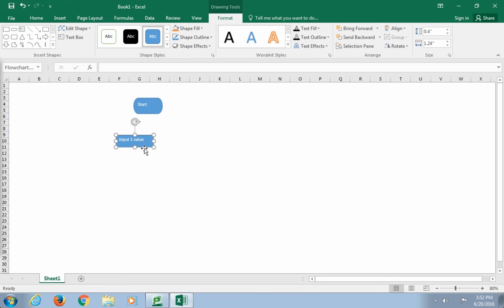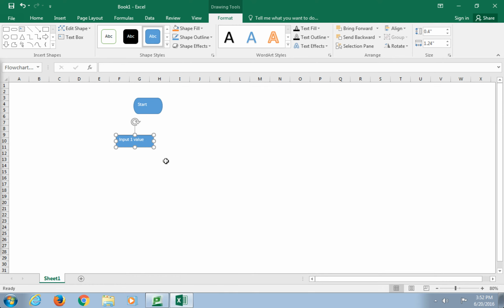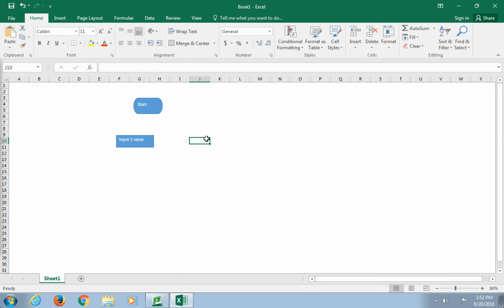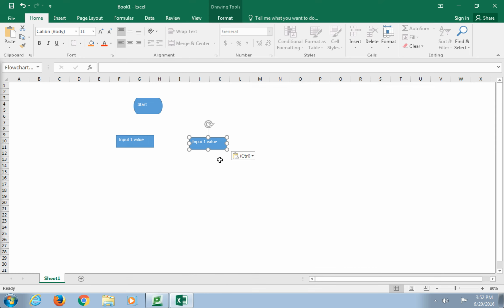And then I can copy this, and a lot of times if I have a shape that I want to use multiples of, I'll just copy that same size. Okay, so I can keep that consistent. So I'll do a copy, and then I'll click somewhere else, and right click, and do a paste. Then I can double click, or right click and edit text, and I can say display